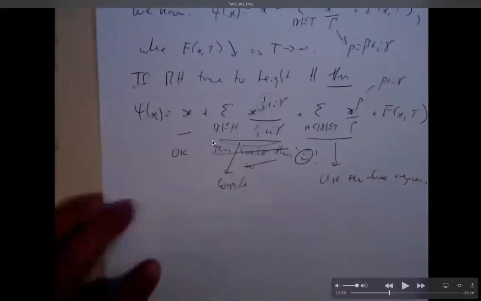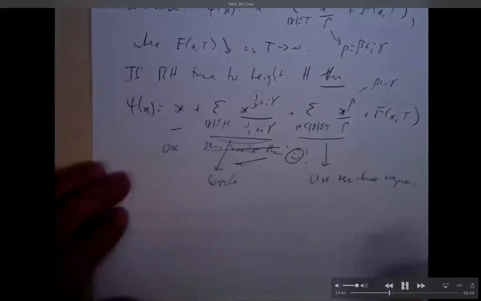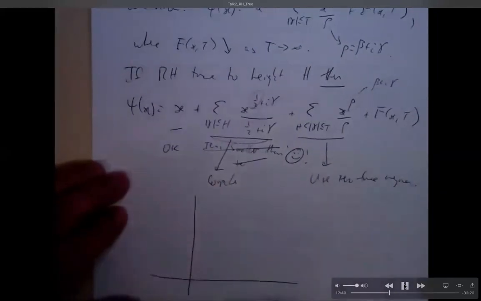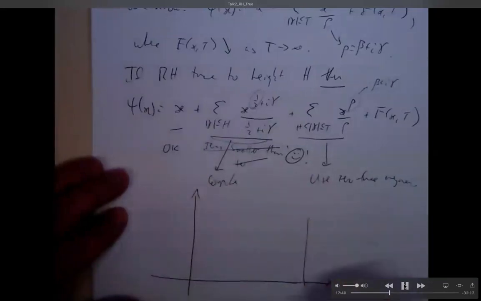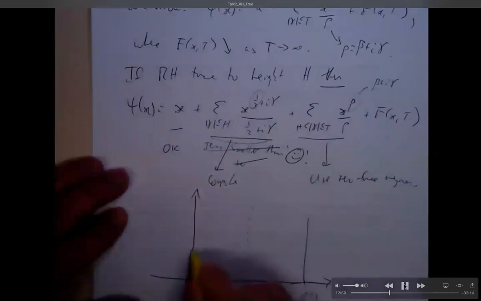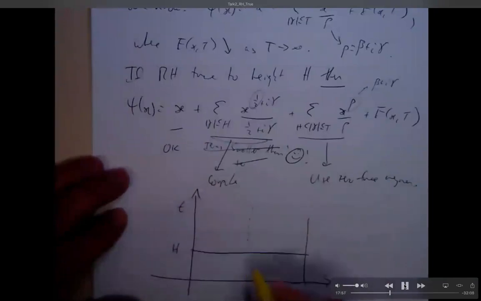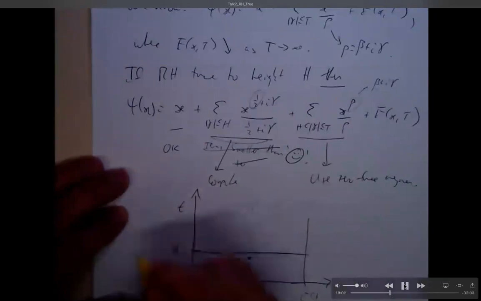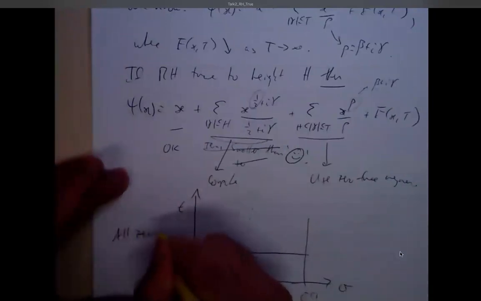So now I can just get my computer out and I can compute this. You give me an x, I can compute this quantity here, and now I can use some other analytic techniques for computing the tail piece of the sum. The important thing is I've taken one sum, split it into 2 parts, and made a huge saving on one of these parts. So why is the Riemann hypothesis good up to height h? Well, Riemann hypothesis is good all the time because it tells us the error term in the prime number theorem. Well, Riemann hypothesis true up to some height h gives us a pretty good prime number theorem in a certain range. So what's this diagram here saying?